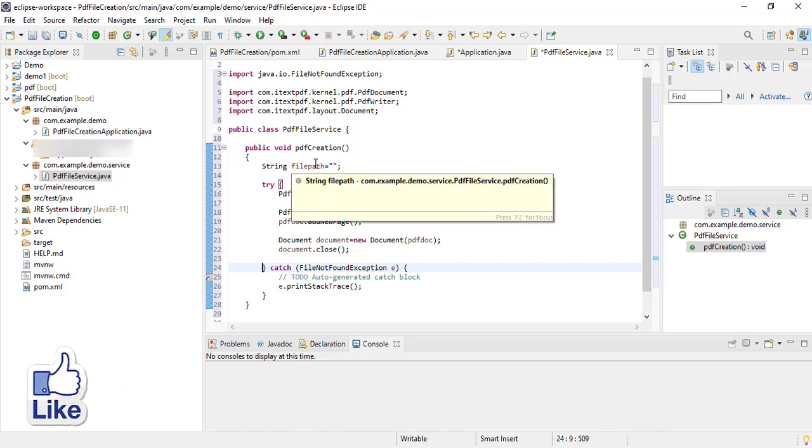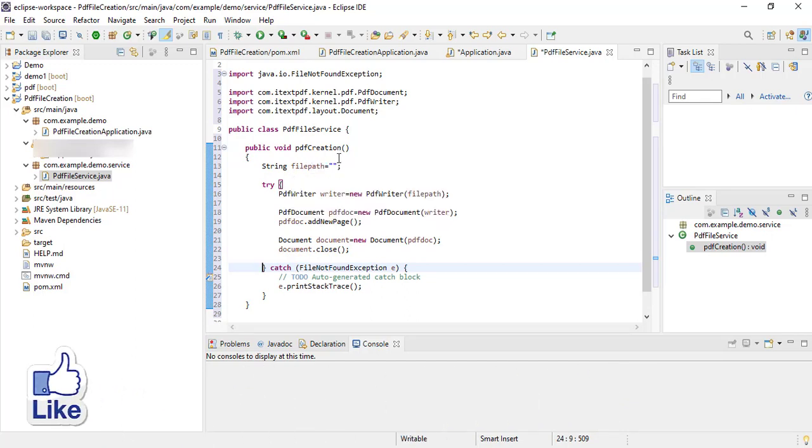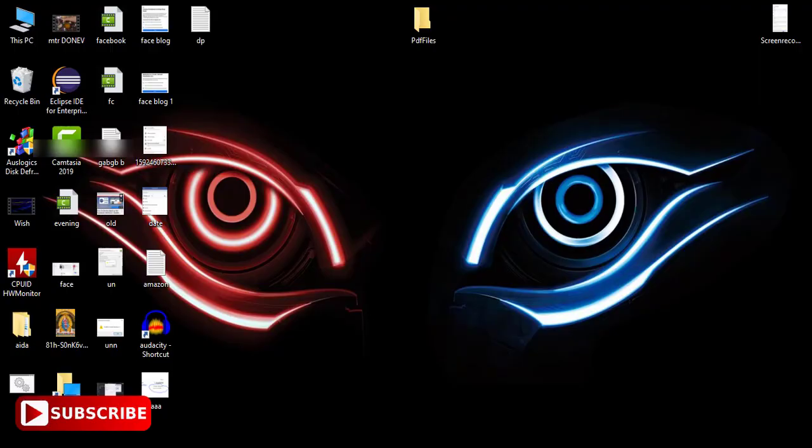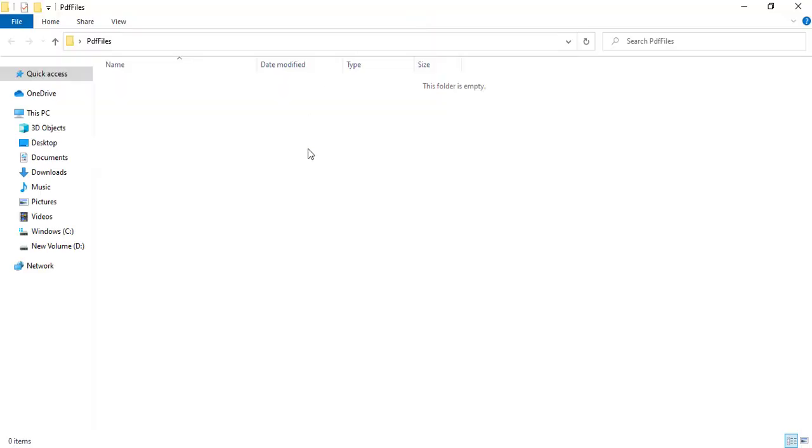Look at here. First I created one variable to hold the path, but still I didn't inject the values for this. Now I will inject this value. Look at here. Inside my desktop, I created one folder to hold the PDF files. Inside this, I don't have any files still.